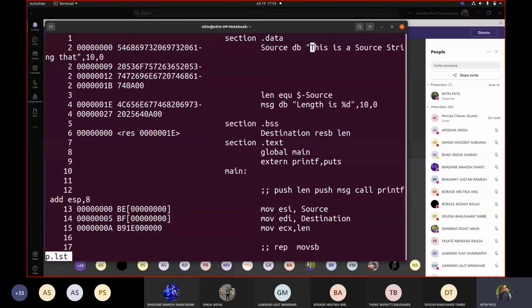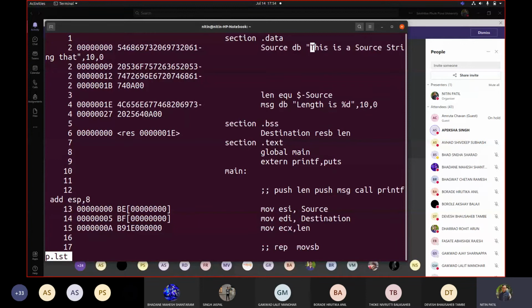Understood? I gave you 2 problems. What are they? Can somebody repeat? Apeksha, can you repeat my first problem? What is the assignment that I gave? Apeksha, are you there? Yes, sir. Can you repeat the problem that I asked? I didn't understand, sir. OK, let us say that you have a file.